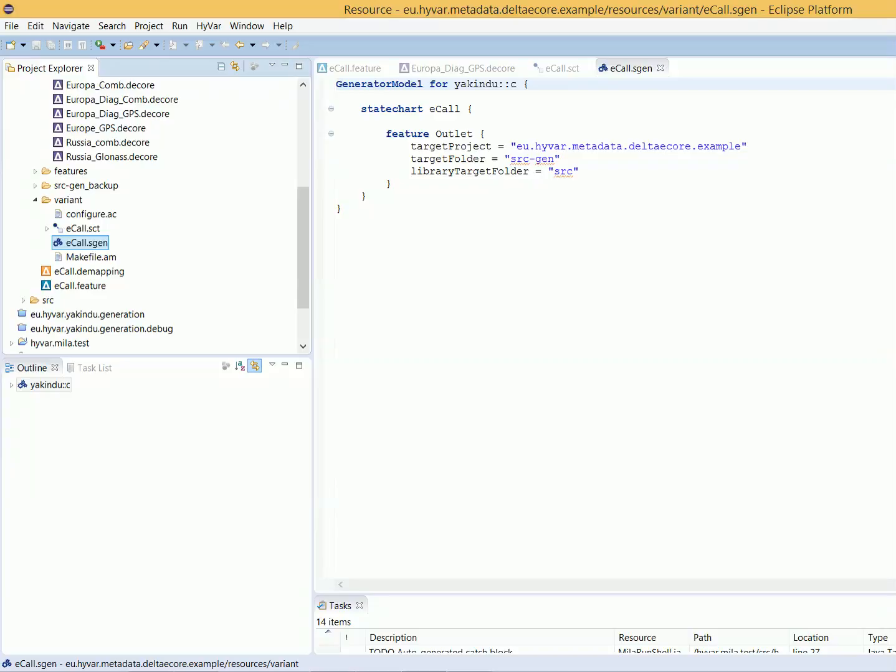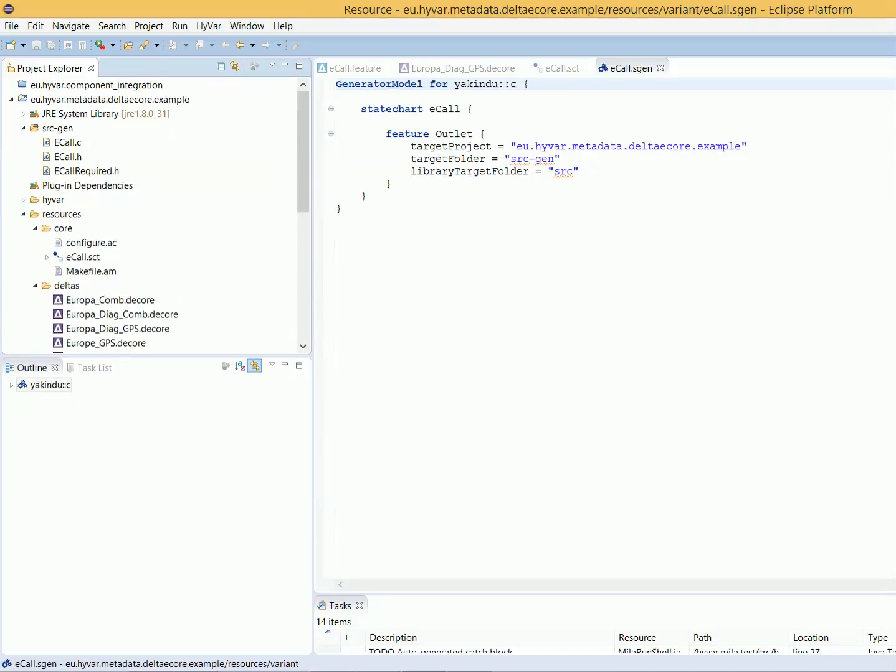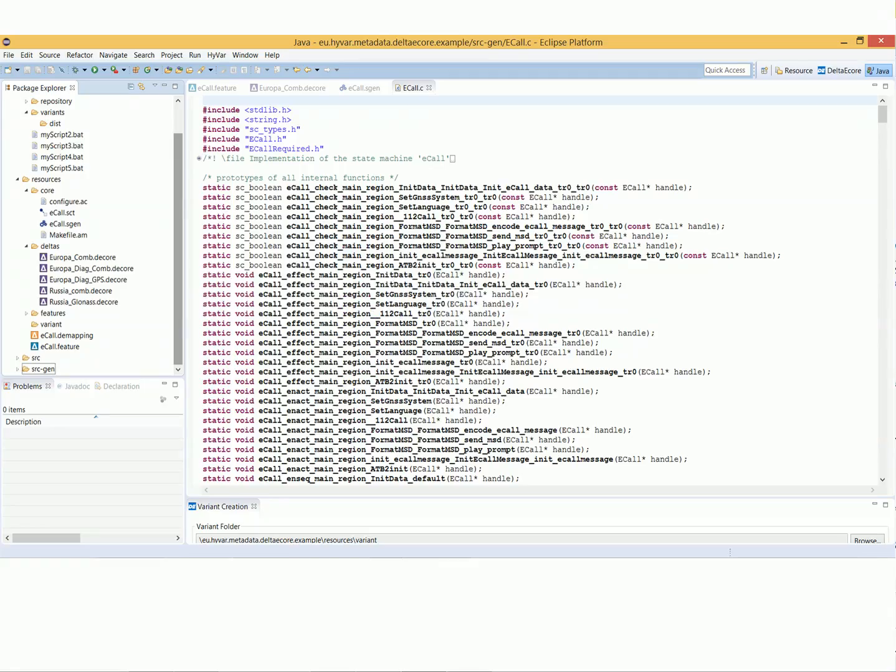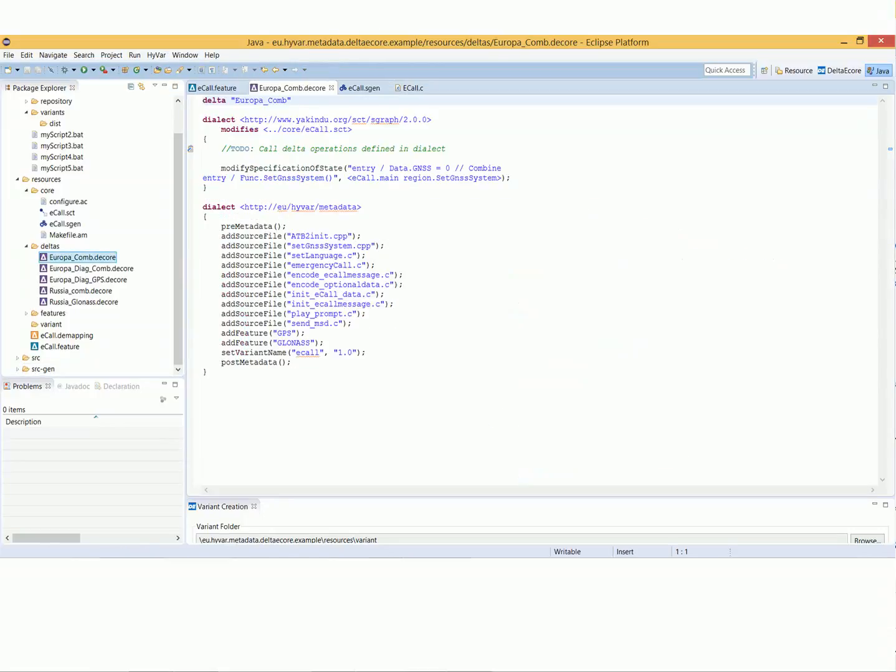The generated C source code can be found now within the new directory srcgen. Then we need to define the set of Delta modules specifying modifications applied to the baseline to get a certain set of the features added or modified.